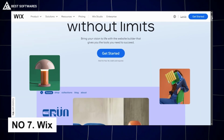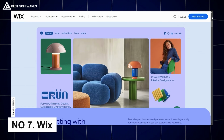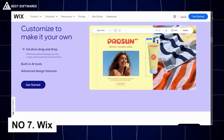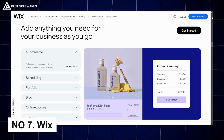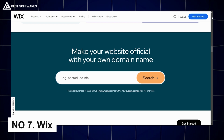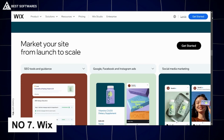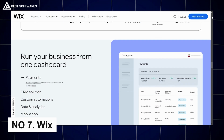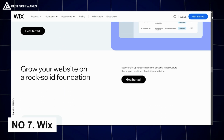Platform number 7 is Wix, best for simple website and store combos. Wix is known for its beginner-friendly website builder, but its e-commerce capabilities are equally impressive. Its intuitive drag-and-drop editor lets you create a stunning store in minutes. With features like inventory management, secure checkout, and integrated marketing tools, Wix is ideal for small businesses wanting to showcase